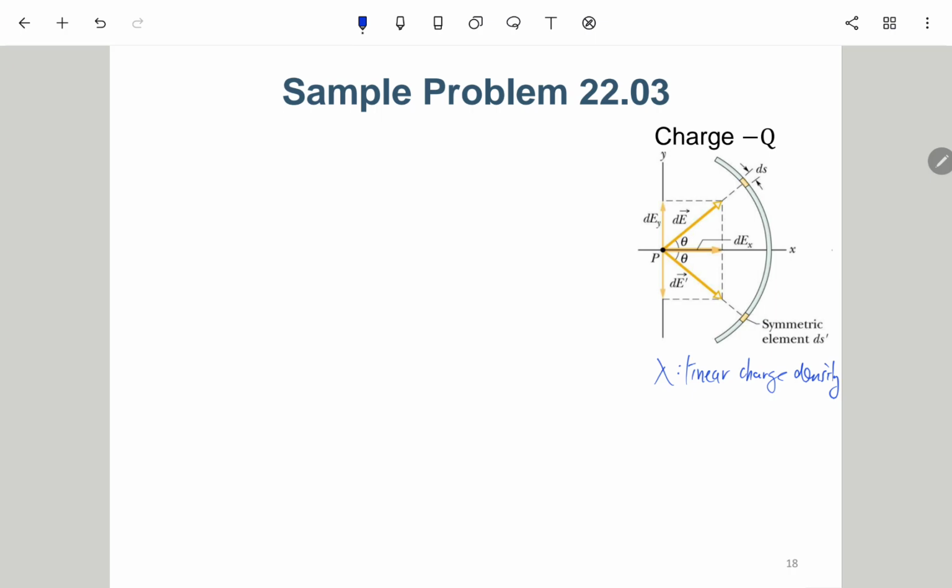Okay, so here, as much as this is the x-axis, for every ds we can also find the symmetrical part. For example, this is ds, and we can always find the symmetrical element ds prime. For this one it will be here, this one here, that one there. Something like that. We can always find the symmetrical part, and of course the charge is negative,